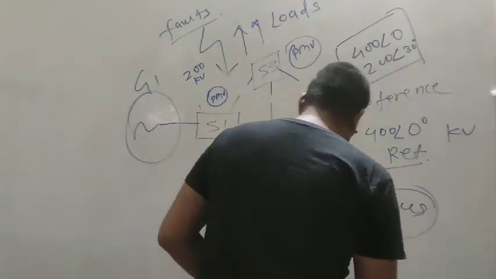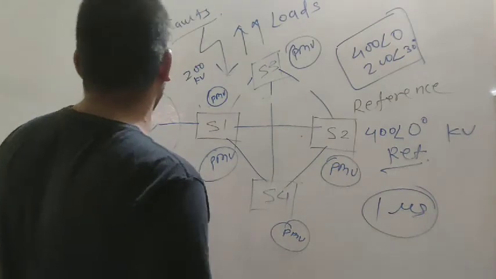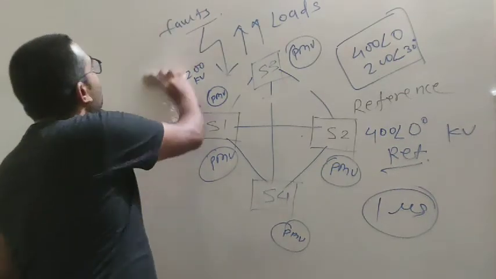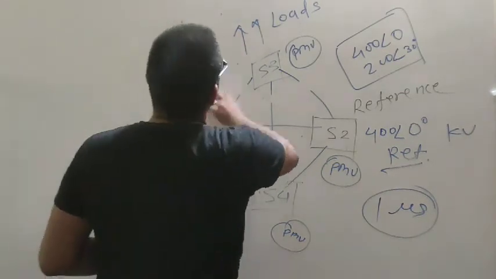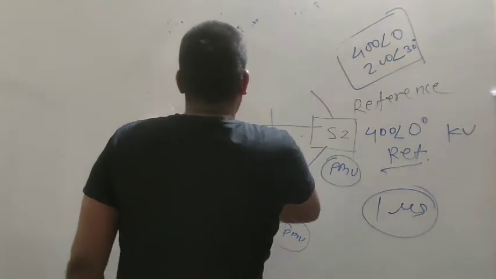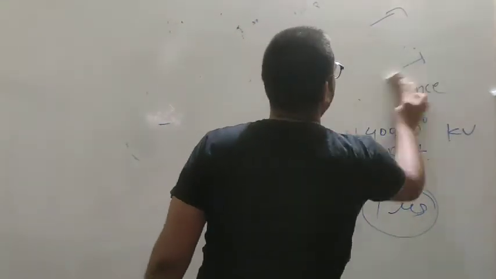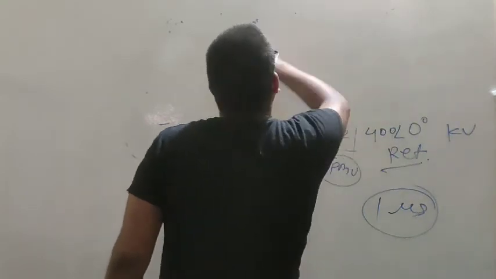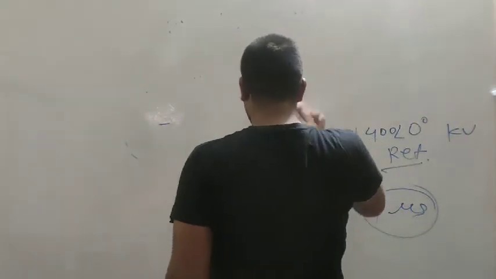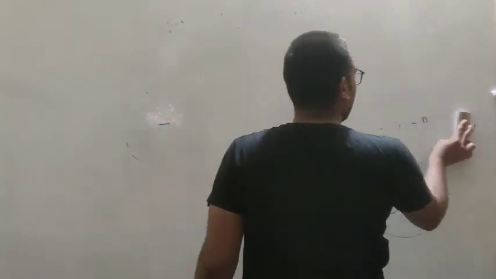So this was the process your PMU and your circuit breaker follow. Now, I think you might have understood what was happening in